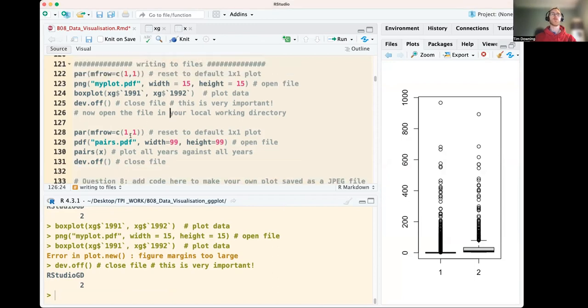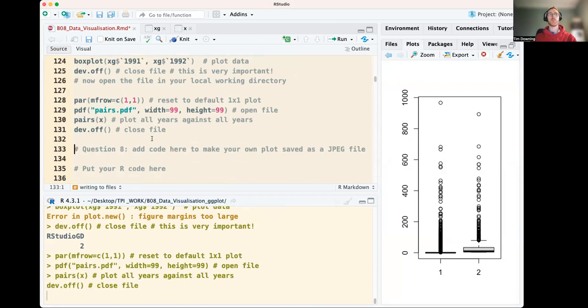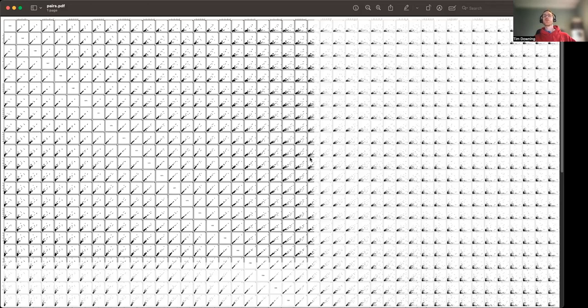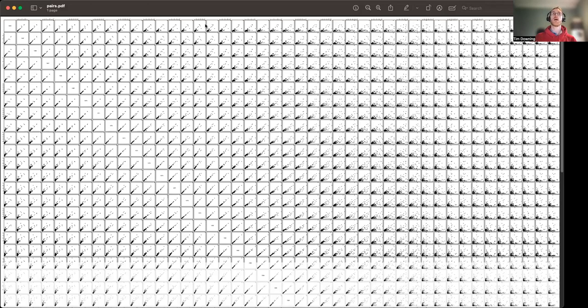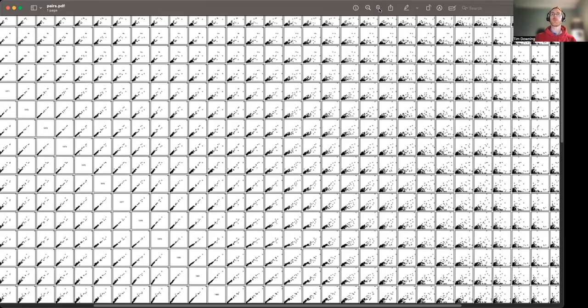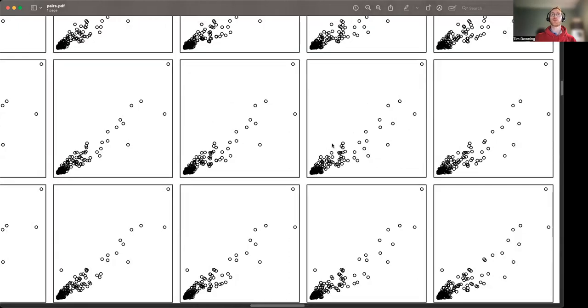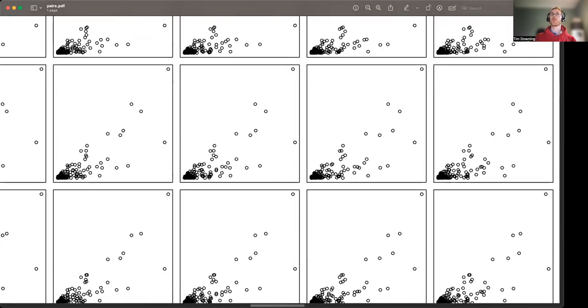There's other options. Another function that we didn't talk about is pairs. So pairs plots all the years against all the years, and it's doing this for boys in this case. What we're noting there is that there's a lot of data that's generated, and this will take some time to save because of that large number of files that are generated. So this is what it generated: those plots between those 2 years for boys. So what we can do then is zoom in to pick the ones that are of interest and wait for our computer to catch up. So it's quite a lot of names. If we slide up to the top,